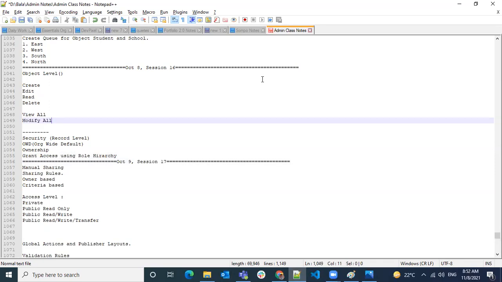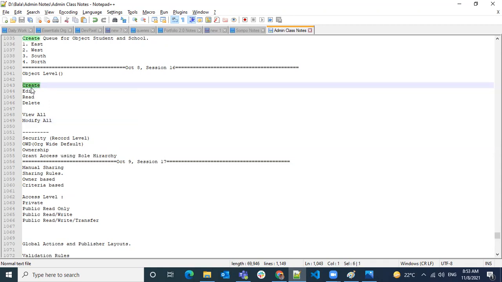Bala, you discussed the modify all thing, right? Yes. In modify all, do we get the create access or not? No. Create is a permission at the object level, whether you can create a record or not. Modify all means you can see all the records and you can modify all the records. That's it. Create is a separate permission.